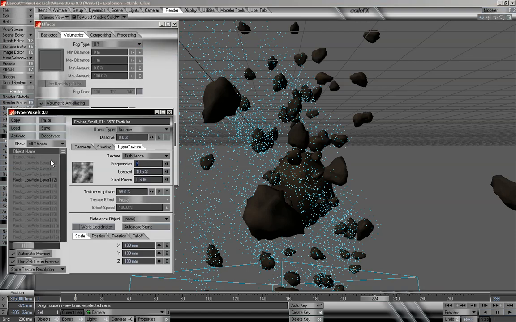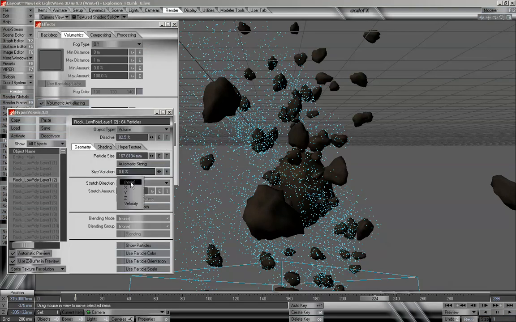So we'll select all the way at the top, rock low poly layer 2, and what we want to do for geometry is have stretch direction with velocity, so we'll follow along the path that it's moving on. Select align to path, and our stretch amount we can increase. And now if we want to see a preview of this, there is something that's available within our options